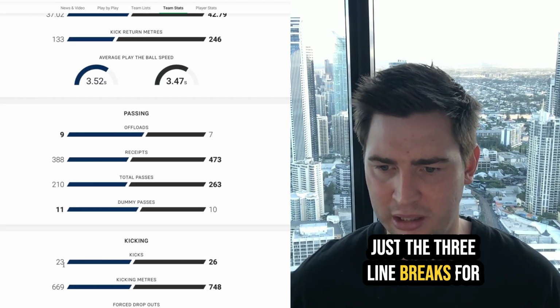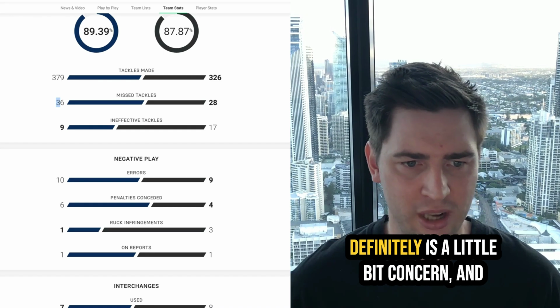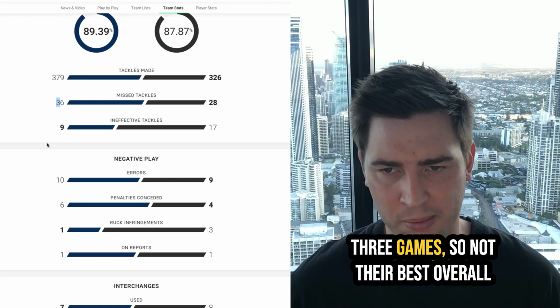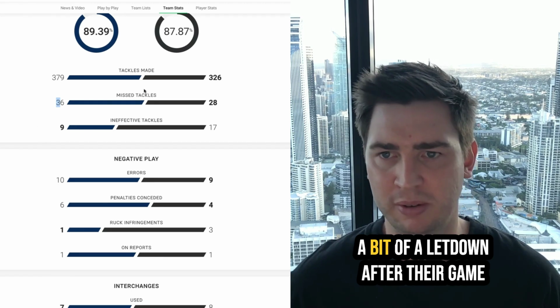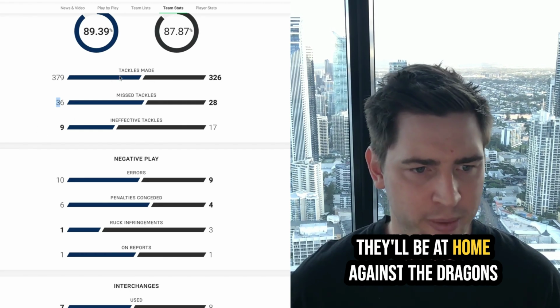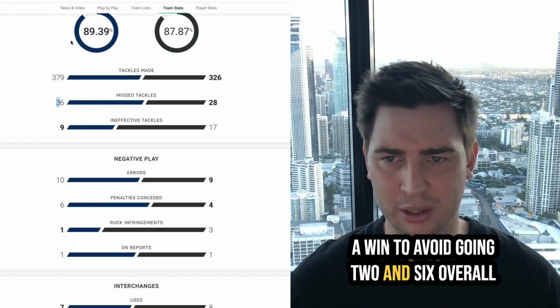Just the 3 line breaks for the Roosters. Roosters missed 36 tackles, which definitely is a little bit concerning, and that number is well up from their past 3 games. So not their best overall performance, a bit of a letdown after their game last week against the Broncos. They'll be at home against the Dragons on Friday afternoon this week and need a win to avoid going 2-6